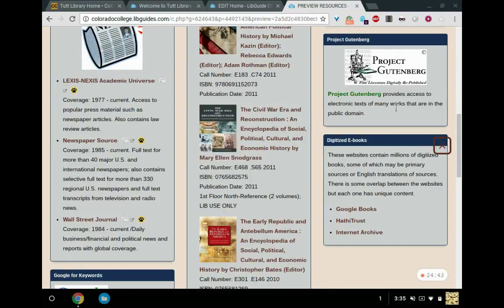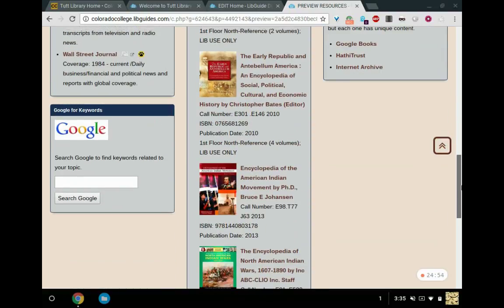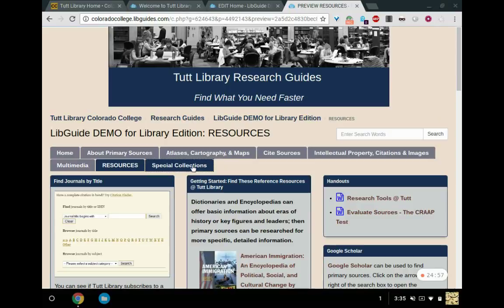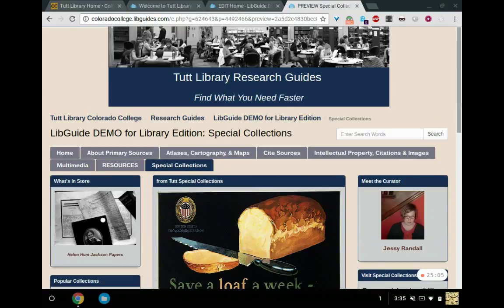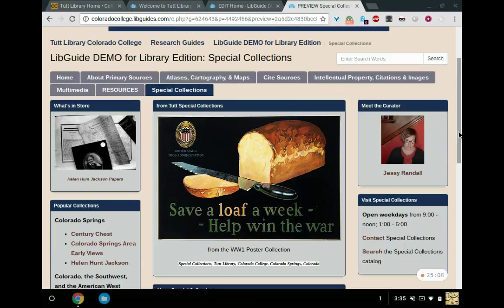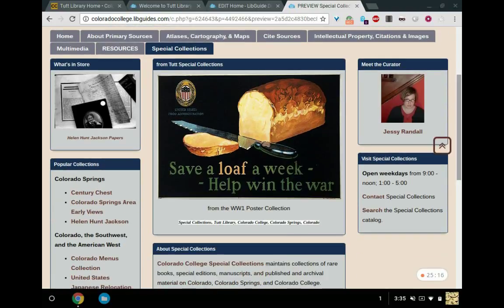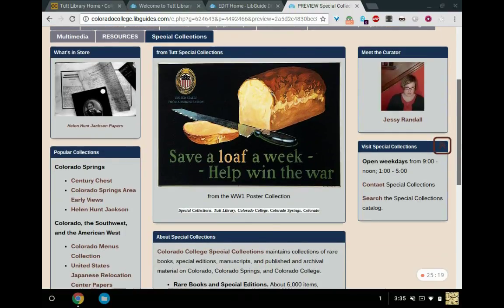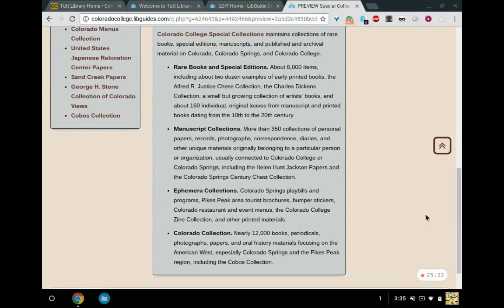And Project Gutenberg is a really good thing because it provides access to electronic books, in addition to the digitized books that we provide. And then using Google for keywords. So there are some strategies here on this page for resources, and again, you can populate it any way that you want. And then I like to include special collections too. This central image is from the World War I poster collection. It's really beautiful, and the posters are really amazing. It has information for contacting Jesse Randall, and it lists,